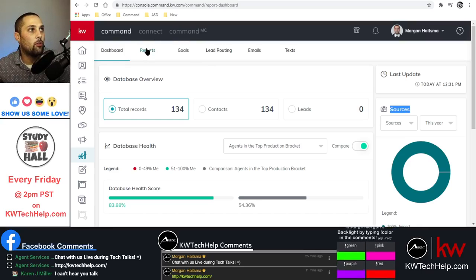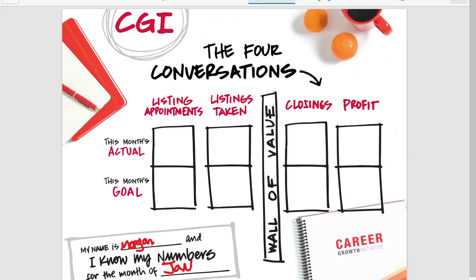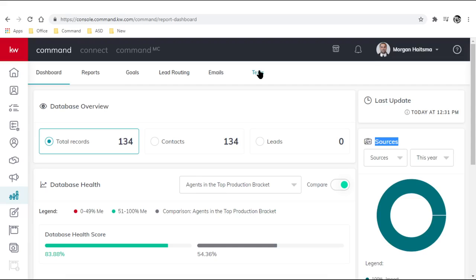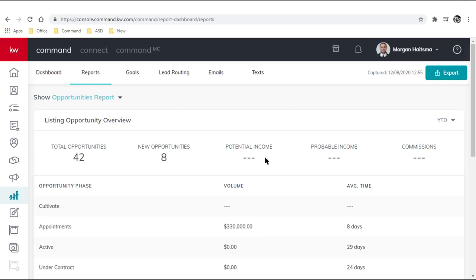Next, we're going to travel over to reports right here. Again, this is just the dashboard. We have reports, goals, lead routing, emails, and text right here. I'll zoom in so you guys can see that a little bit more. There you go. So as we travel over to reports here,